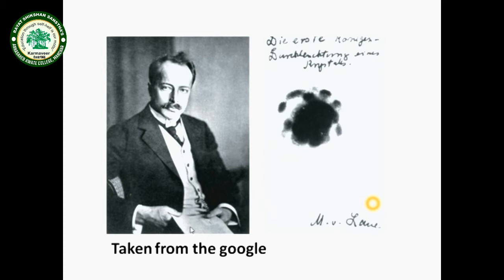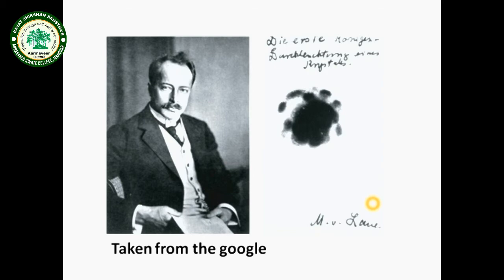This photograph I have taken from Google, and the photographic film arrangement is shown over here. The central part is only due to transmitted X-rays, while the sides are covered with different spots. It means that if there were no interaction of X-rays with the crystal, then in principle only the dark spot should be seen. But there is a certain interaction, a certain communication between the X-rays and the periodic arrangement of atoms.